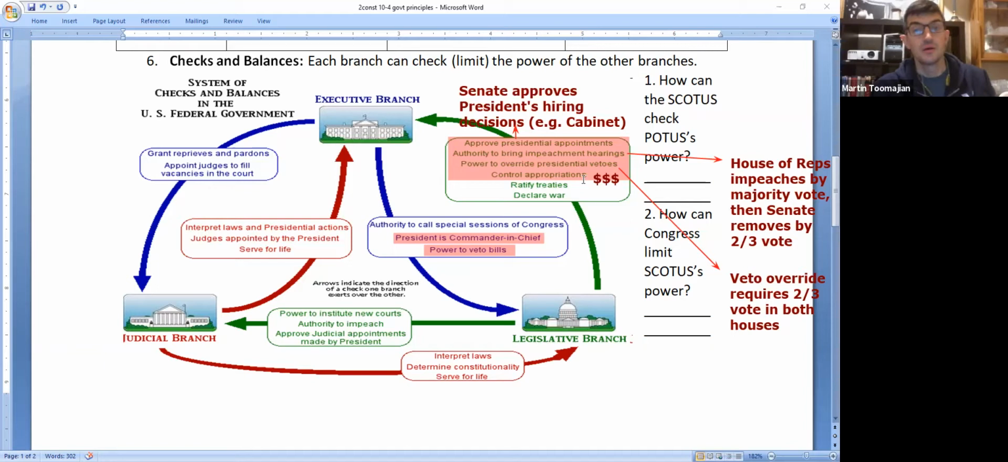We've got one more branch, and luckily this one more branch, its powers are pretty simple to explain. And the ways that it can be checked are also pretty easy to explain. So we've covered president checking Congress. We've covered Congress checking the president. Now let's go over to this third branch. Yes, the Article 3 branch, the Supreme Court. First of all, let's talk about